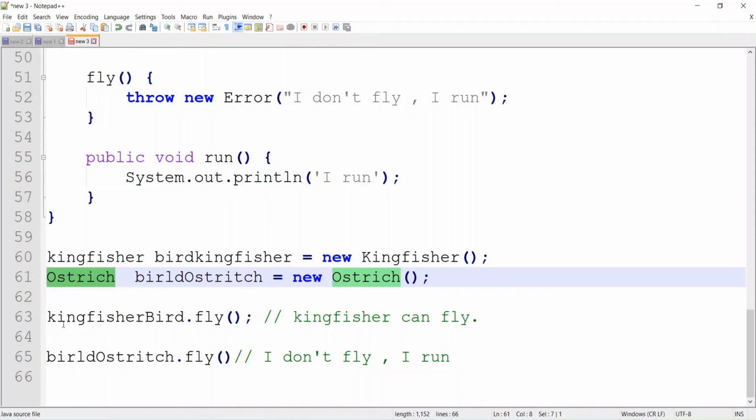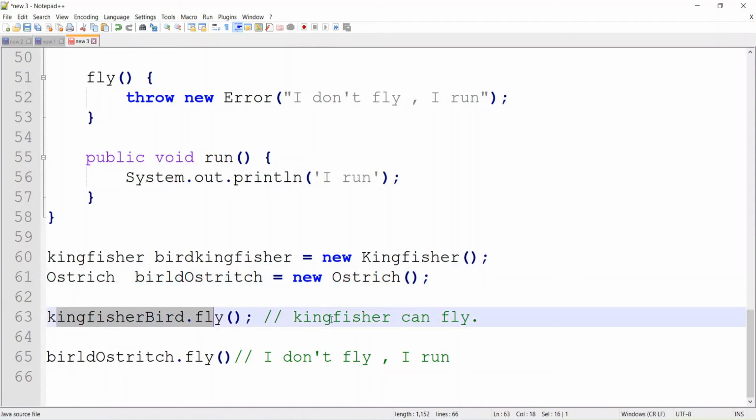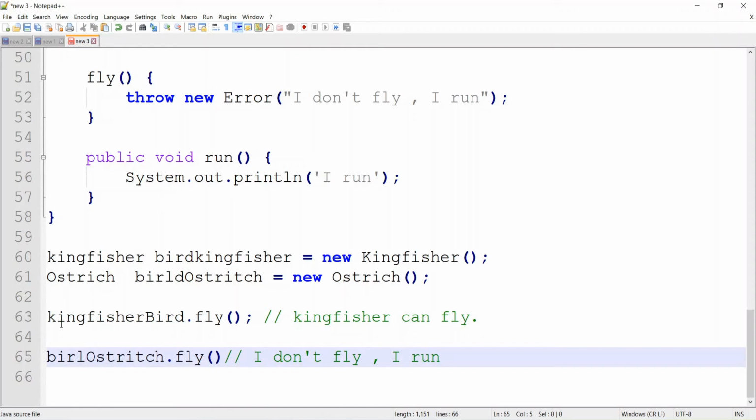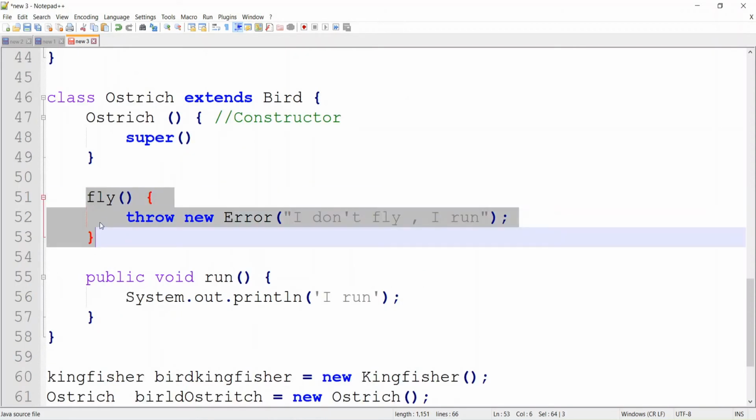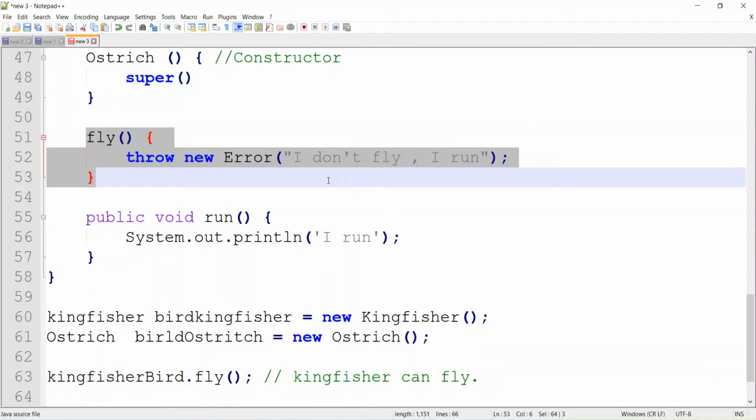Thereafter I am calling kingfisher bird dot fly, kingfisher can fly, that is fine. I am calling bird ostrich dot fly, then it will come here, and this overridden method will get called, and the output will be I don't fly, I run.